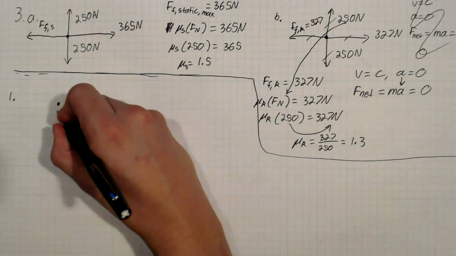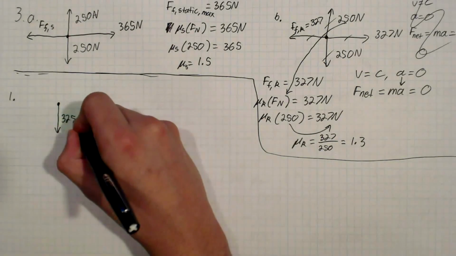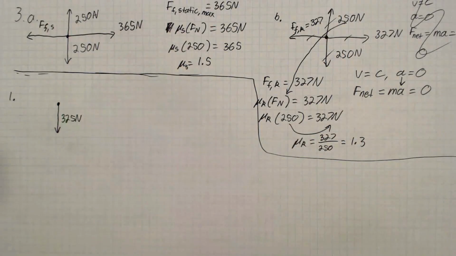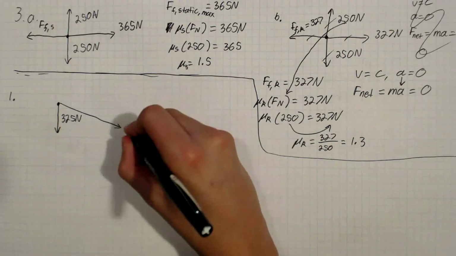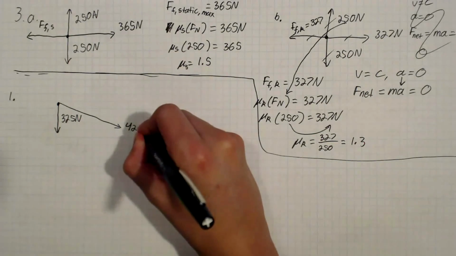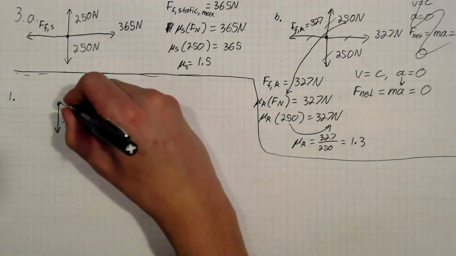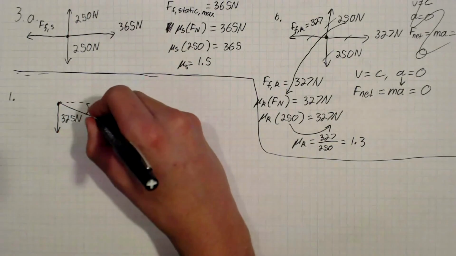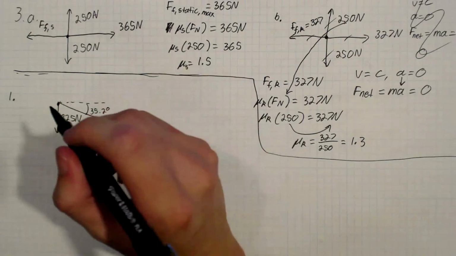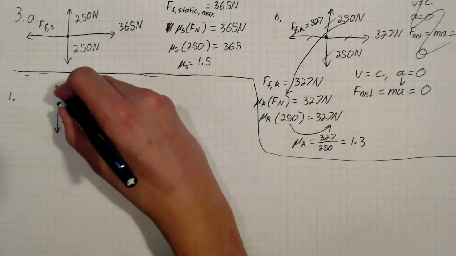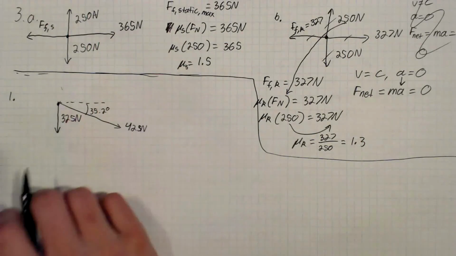start off by drawing a free body diagram. So we have our box, which weighs 325 newtons. We have an applied force downwards of 425 newtons at an angle of 35.2 degrees. Now, you'd be inclined to think that the normal force is just going to be 325 newtons up,